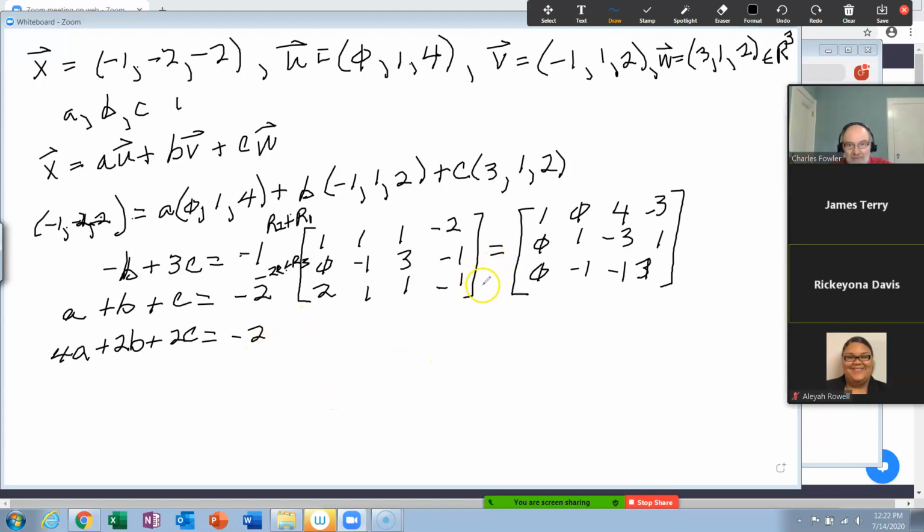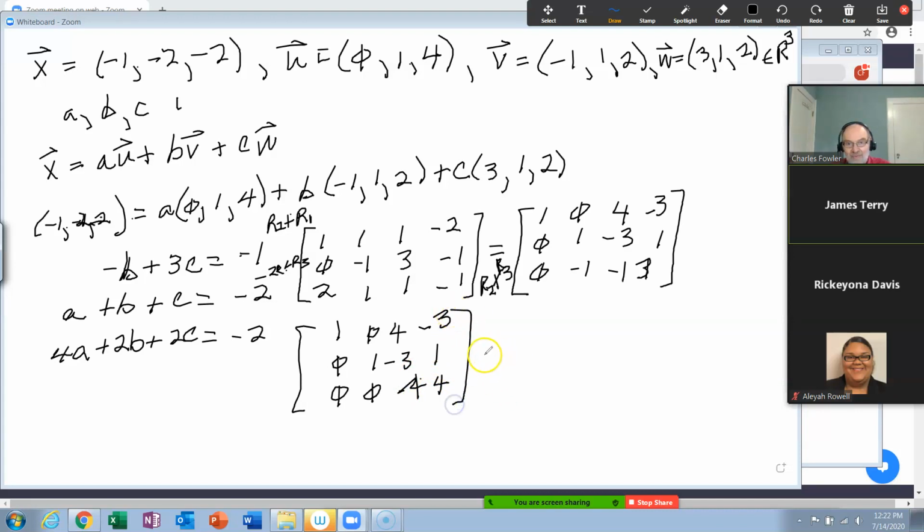Row 2 plus row 3 is a new row 3. So that will now be, row 1 stays the same, 1, 0, 4, negative 3. I sure hope we haven't botched up something here, but we're going to try it. 0, 1, minus 3, 1, and this becomes what? And 4. That's a minus 4 and a plus 4.